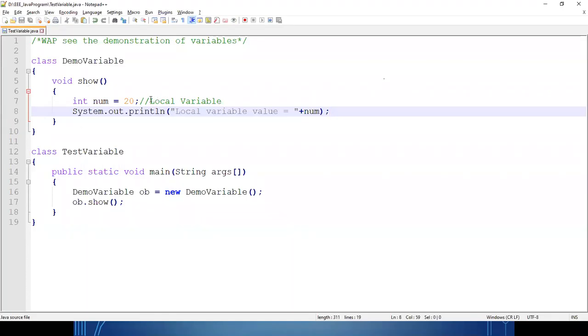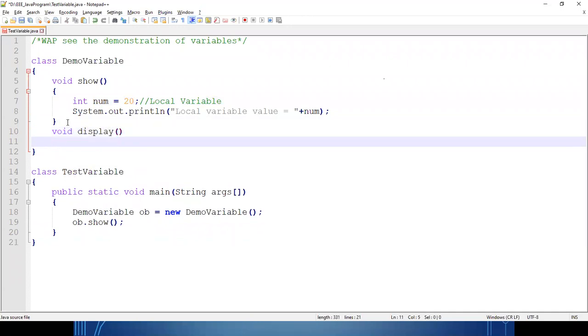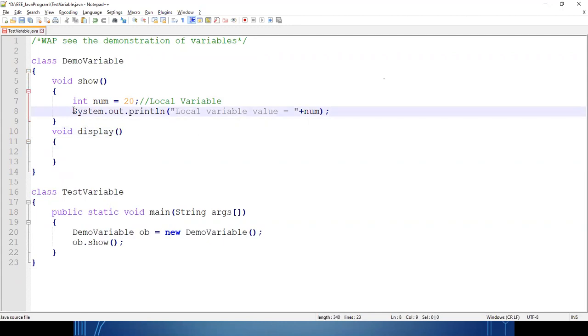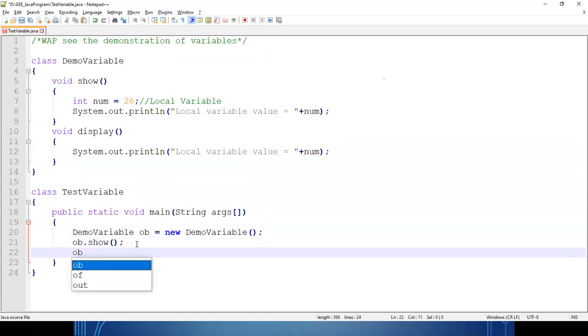Now, once again, local variable means any variable which is declared inside a method of a particular class. But what is the problem with this local variable? If I write void display, suppose I want to print the same message inside the display method, and I call the display method by using the object, like the show method.